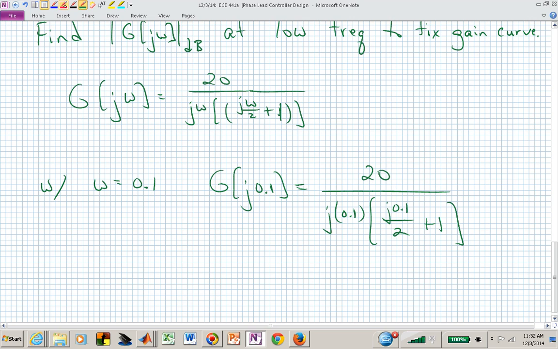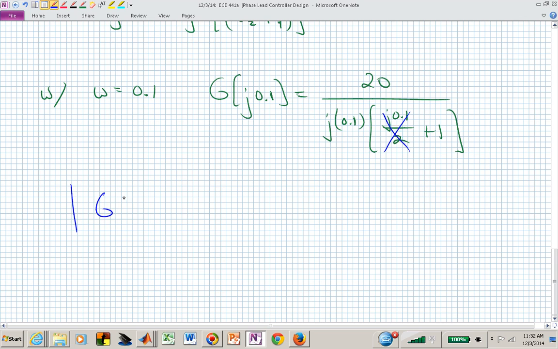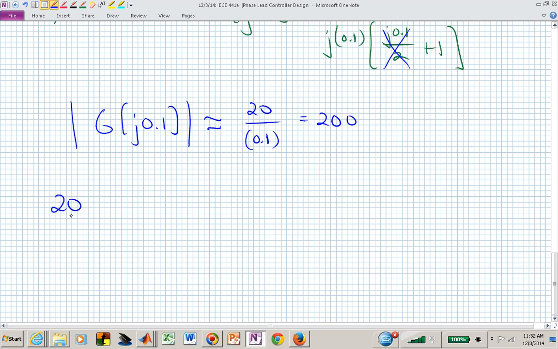This allows us now to say that this particular piece is effectively negligible at that frequency, and now we can look at the magnitude of that. The magnitude of j is 1, and now we simply have that this is going to be approximated by 20 over 0.1, or 10 times 20, or 200. So that now the gain value at a frequency of omega equal to 0.1 is going to be 20 in dB,